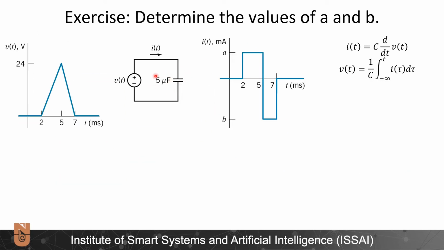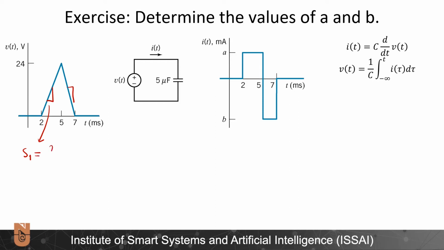In this example, I am given a 5 microfarad capacitor and the voltage waveform where we just go from 2 milliseconds to 5 milliseconds from 0 to 24 volts and back in 2 milliseconds from 24 volts to 0 volts. And I need to find accordingly the A and B value, basically the value of the constant currents. So in order to do this, I need to find the slope here and slope here. So here the first slope will be